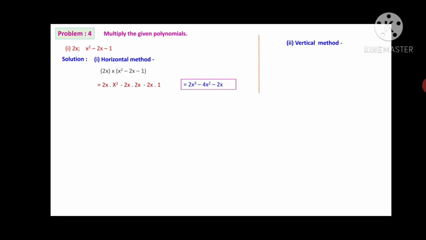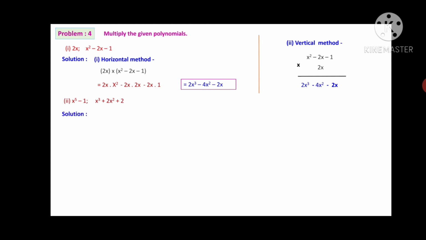In the vertical method, the calculation is done like this: x square minus 2x minus 1 gets multiplied with 2x. 2x ones are 2x, 2x into minus 2x is minus 4x square, 2x